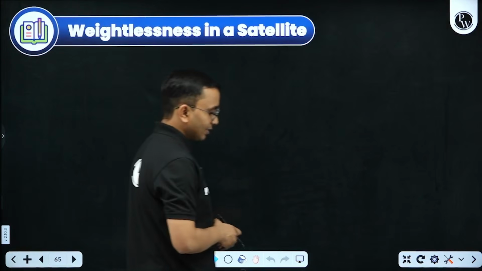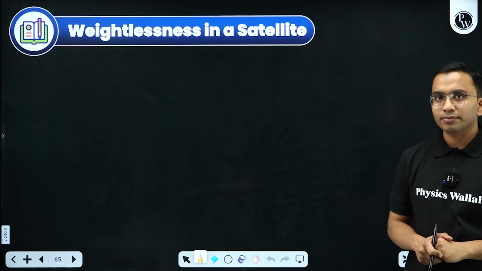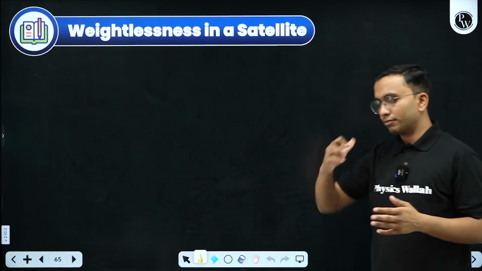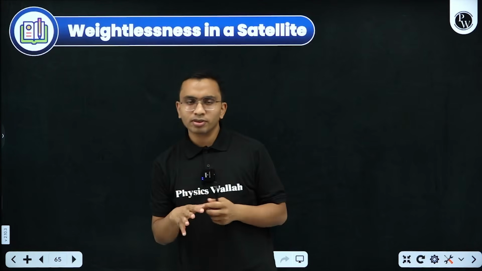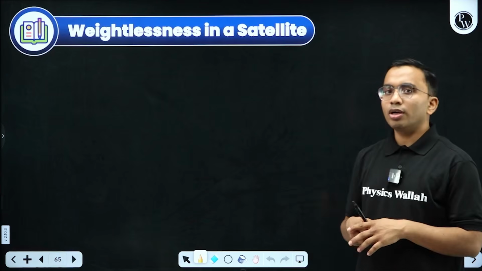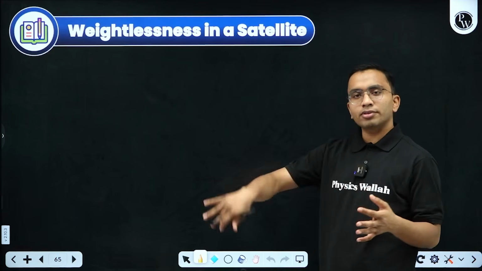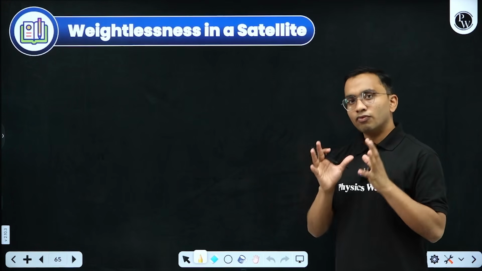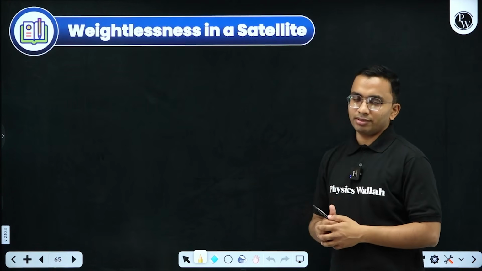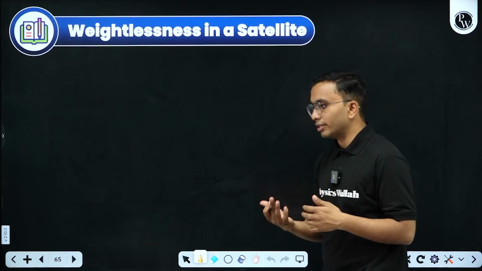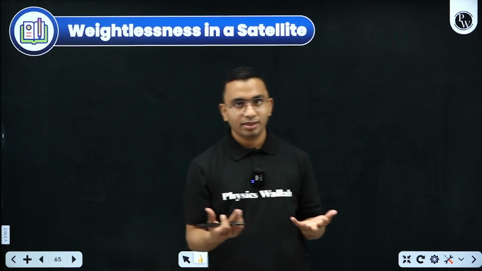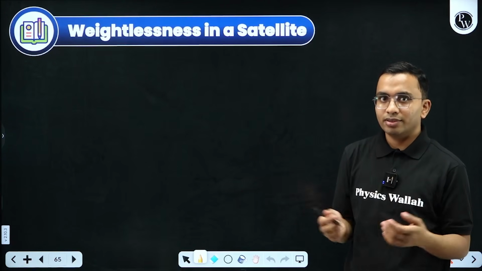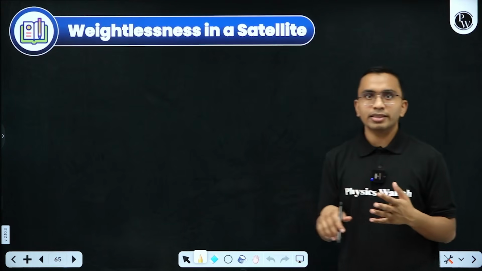Now, weightlessness in a satellite. In space, the satellites are moving, let us take a circular orbit. I'm taking circular, you may take elliptical also. So a satellite is moving around Earth. It is only under gravitational force. There is no other force, only the force due to Earth. So it is in a free fall condition. If it is in free fall, weightlessness will be there. If a lift is free falling and you are inside it, you will feel weightless. So during free fall, the weightlessness condition will be there.